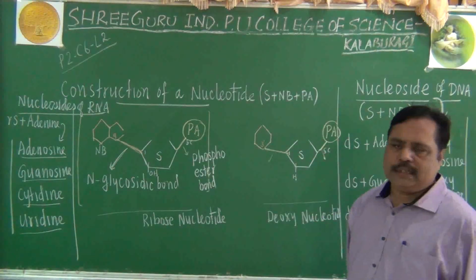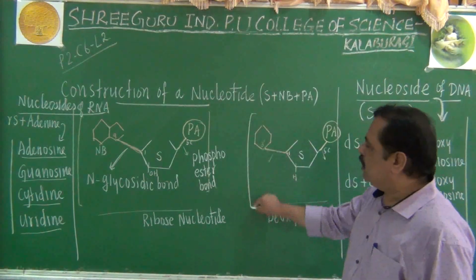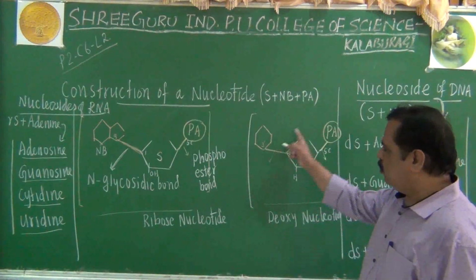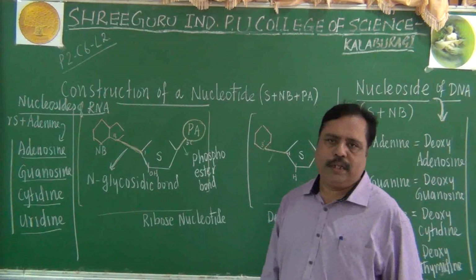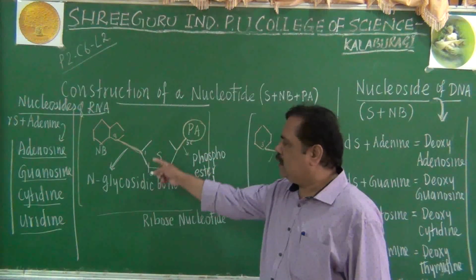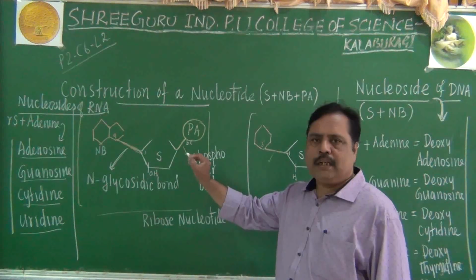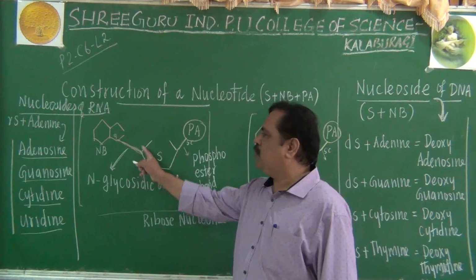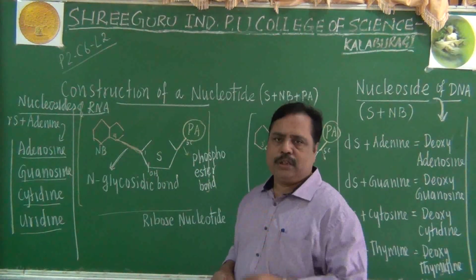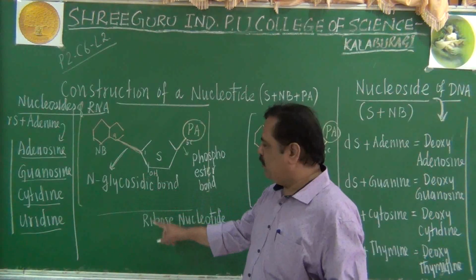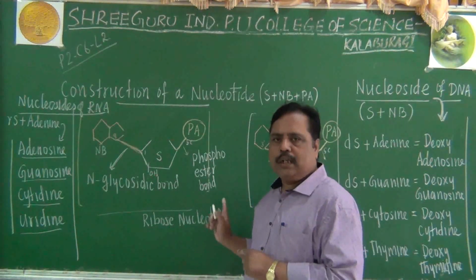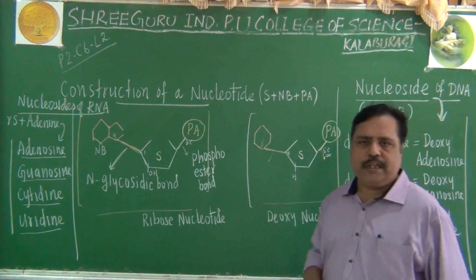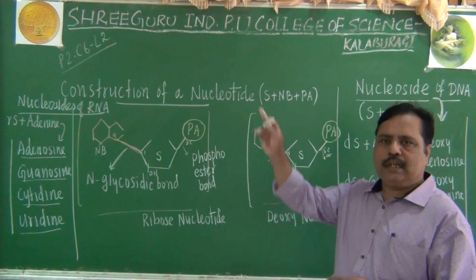Here there is phosphoric acid. All the three will be together called nitrogen base, sugar plus phosphoric acid. This will be one nucleotide, this will be one nucleotide. Dear students, you can understand the carbon atoms utilization in the sugar molecule. First carbon atom of the sugar is utilized for joining with nitrogen base. Second carbon atom will tell us whether it is a ribose sugar or a deoxyribose sugar. Fifth carbon atom is joining with phosphoric acid. So first, second and fifth.